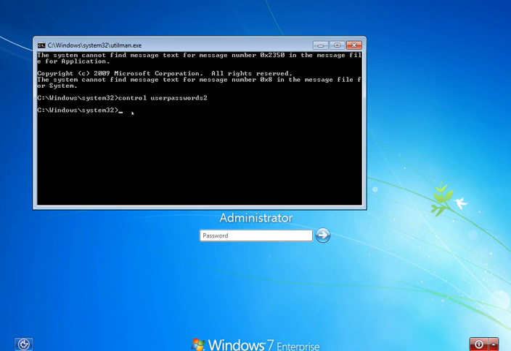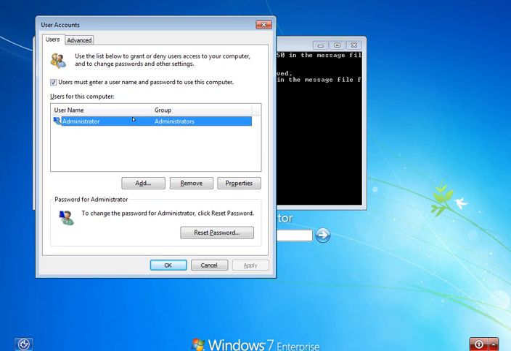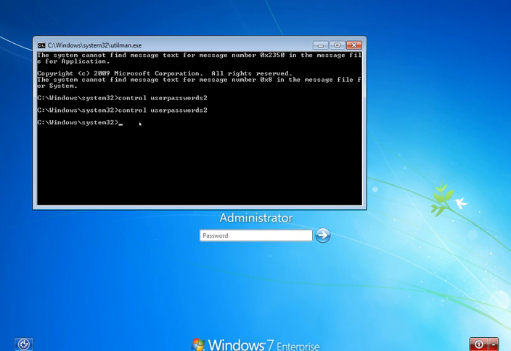But the only problem with this command is that you will get only enabled accounts, not disabled accounts. Right now we are getting the Administrator option, but by default in Windows 7 and Windows 8 the Administrator account is disabled. So we can use another method.